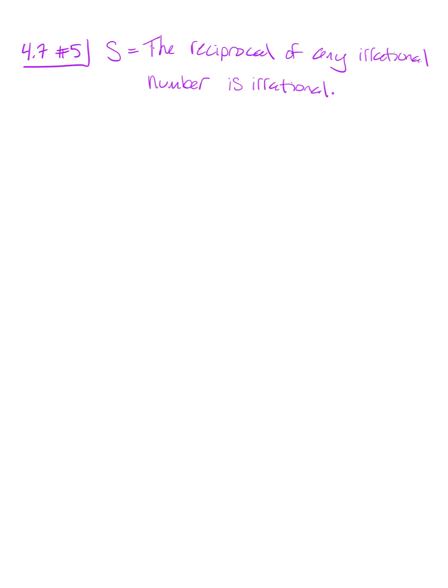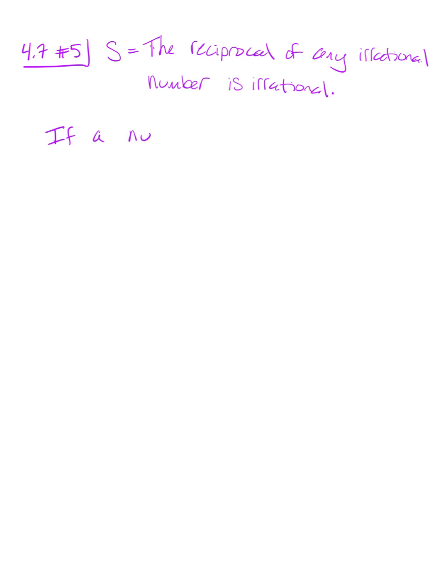Okay, so this is 4.7, number 5. Statement S is that the reciprocal of any irrational number is irrational. And we're supposed to write the contrapositive of this statement. But in order to write the contrapositive, it's really helpful if we can first rephrase the statement as an if-then. So we want to say if